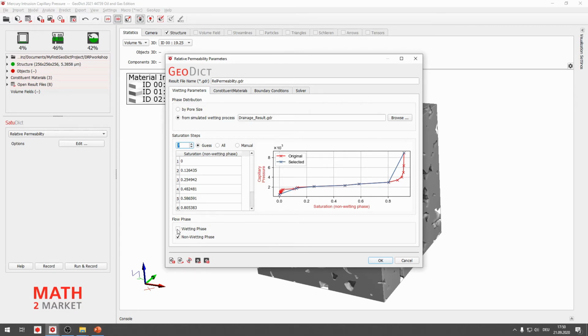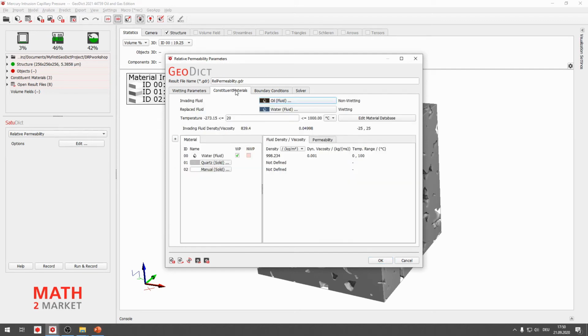You can also select to compute the relative permeability for wetting and non-wetting phase for this drainage result. If we go to the constituent materials tab now, we can observe the materials that were used, so water and oil. So that's perfectly fine, we don't want to change this at all.